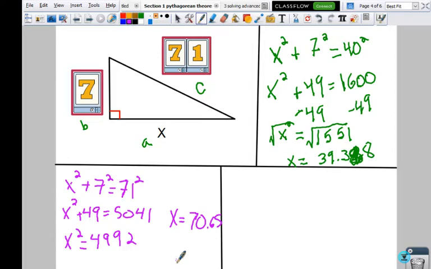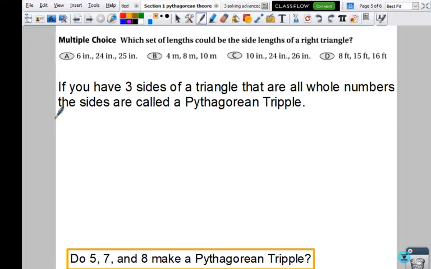Okay, one more quick thing, and that is it. So, last thing we are looking at is not really any different. We're going to see which sets of lengths could be the side lengths of a right triangle. So, 6 inches, 24 inches. Hush, we got one last slide, then we're done. I need it quiet. Okay,